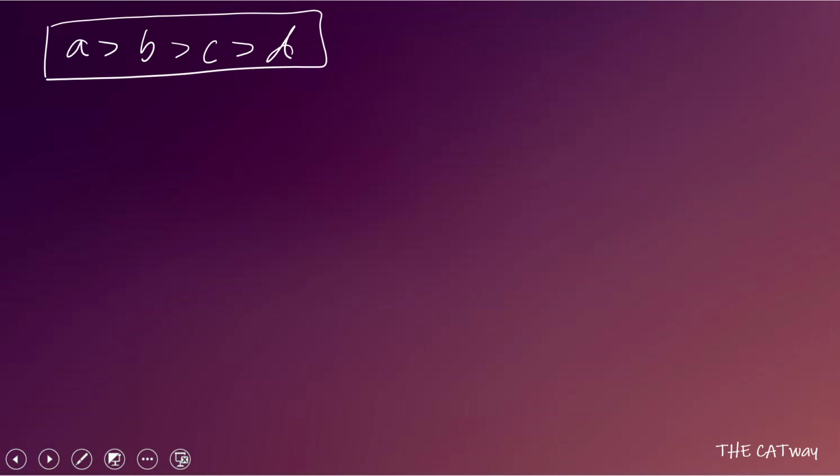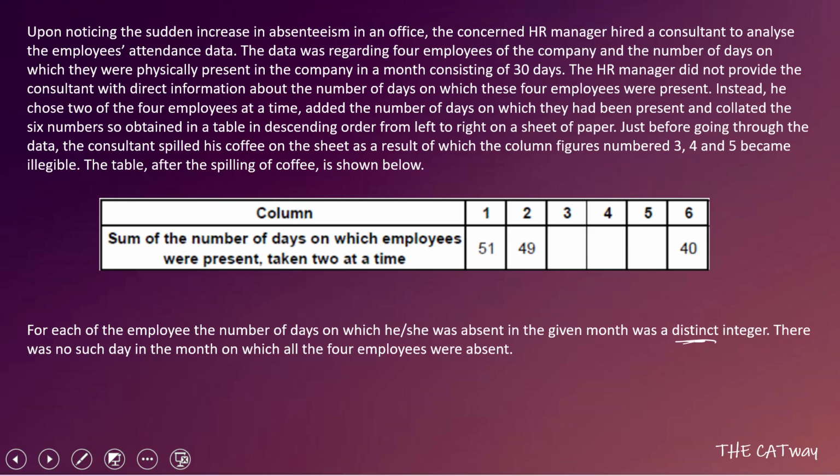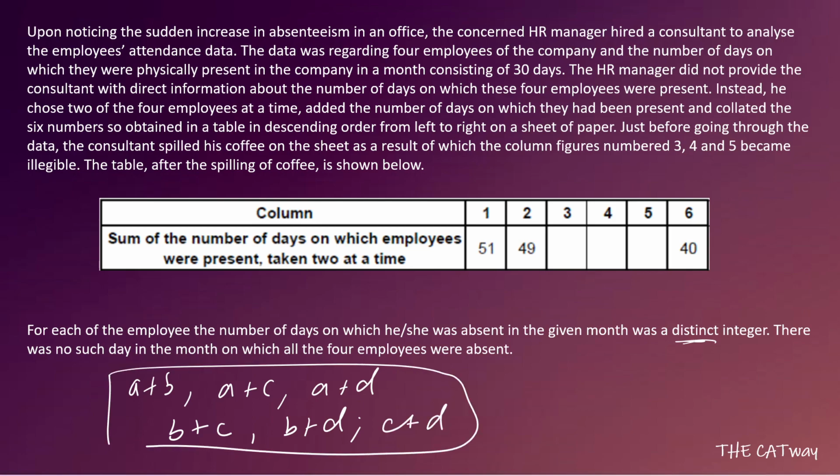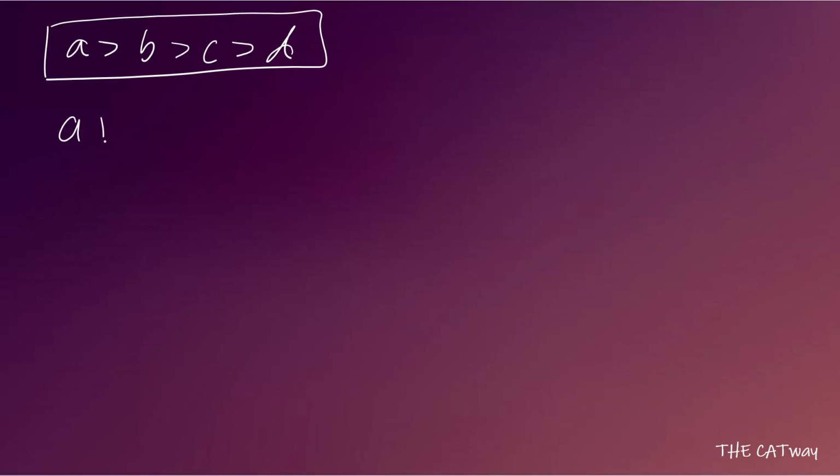Now we can definitely say that A is greater than B, B is greater than C, C is greater than D, because all are distinct. So this has to be the case followed. Now we know that A is the greatest, B is the second largest. So in column 1, these are summations, so one of them has to be A plus B, A plus C, A plus D, B plus C, B plus D and C plus D. These are the 6 options, and out of these we have been given 3 figures. The largest one would always be the sum of the first and the second one. So we can say that A plus B is going to be 51.